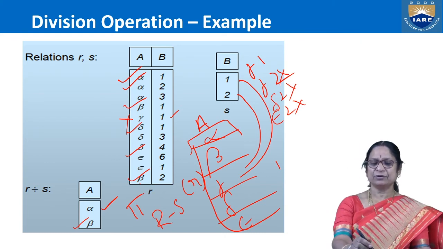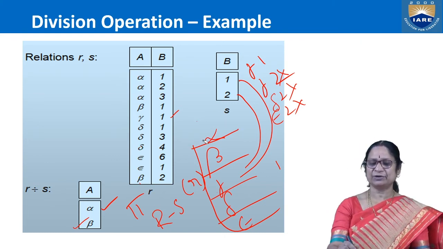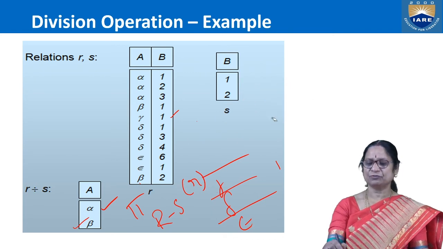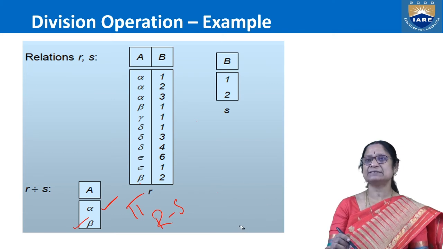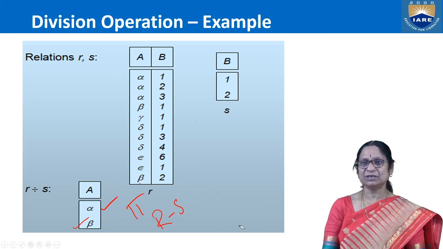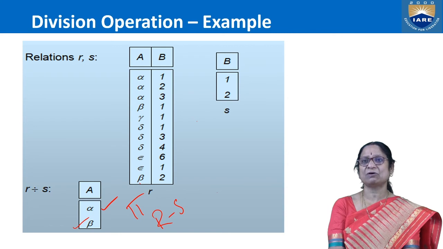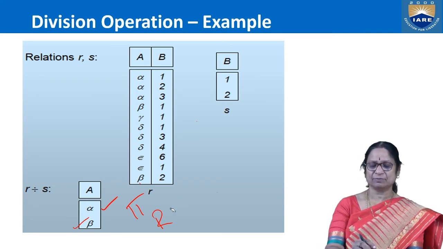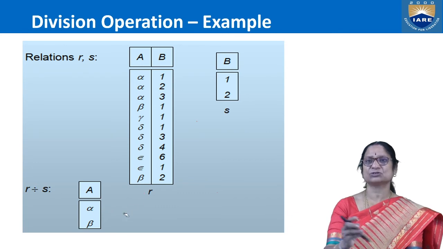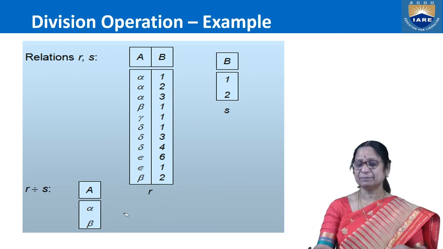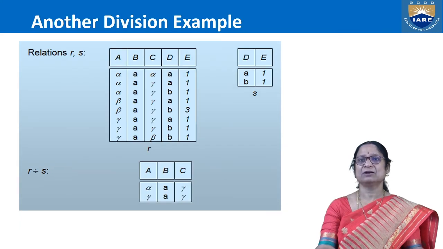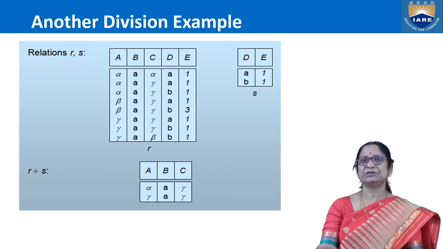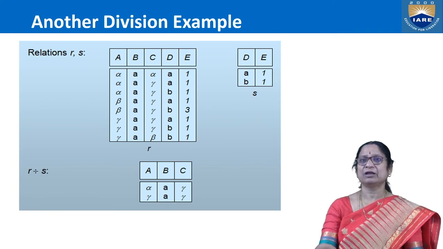That means please observe: first you have to find out R minus S for the R relation and map the tuple with each of the S relation, and the set of the tuples must exist in our R relation. Only the respective R minus S tuple will be listed in our result. For understanding purposes, we consider a simple relation having one or two attributes only. We'll consider even more attributes, then you can understand a little bit better.